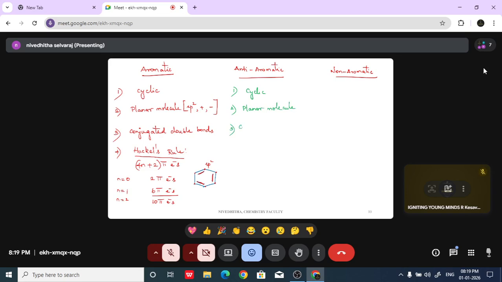Then again, we should have conjugated double bonds. But this compound will not follow Huckel's rule, which means this compound will not have 4n plus 2 pi electrons. This compound will have just 4n pi electrons. N can be 1, 2, 3, 4. Basically, this compound will have electrons in the multiples of 4: 4, 8, 12, something like that. And here the example is